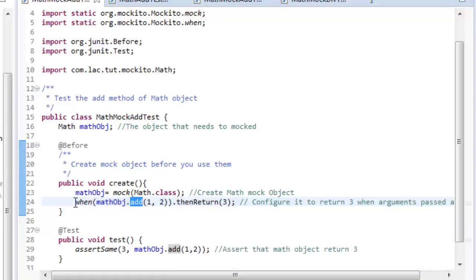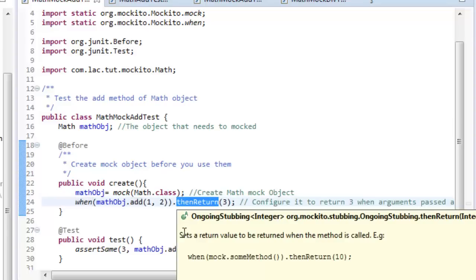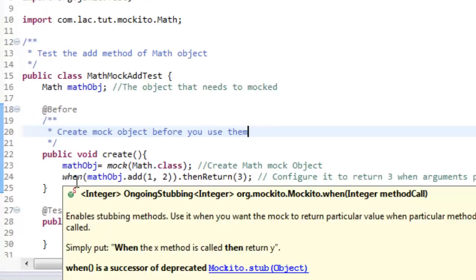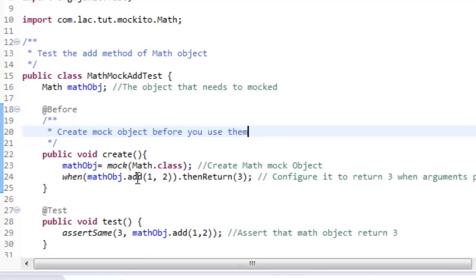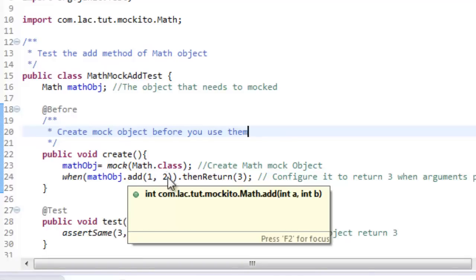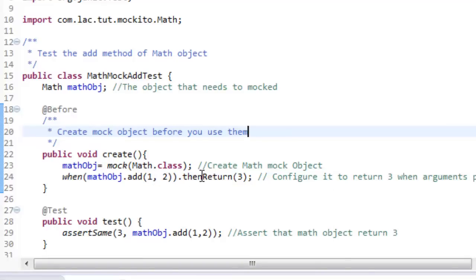You define the behavior using the when and thenReturn functions. Using the when static method, you define the behavior of your add function: when the add method is called with 1 and 2 as arguments, then you say to return 3 as the return of that add call.